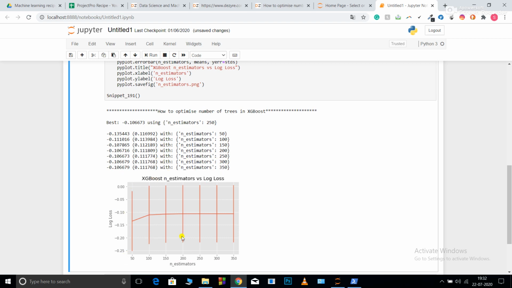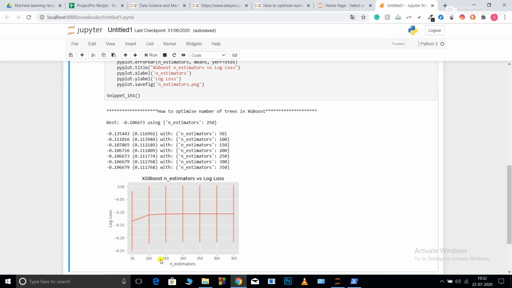After that, you can also visualize it using a graph. My graph is XGBoost n_estimators versus log loss. This is my log loss over here and this is my estimator. You can see how the log loss was at its maximum of minus 0.135 and then slowly decreased, because as I go toward 0 it improves.